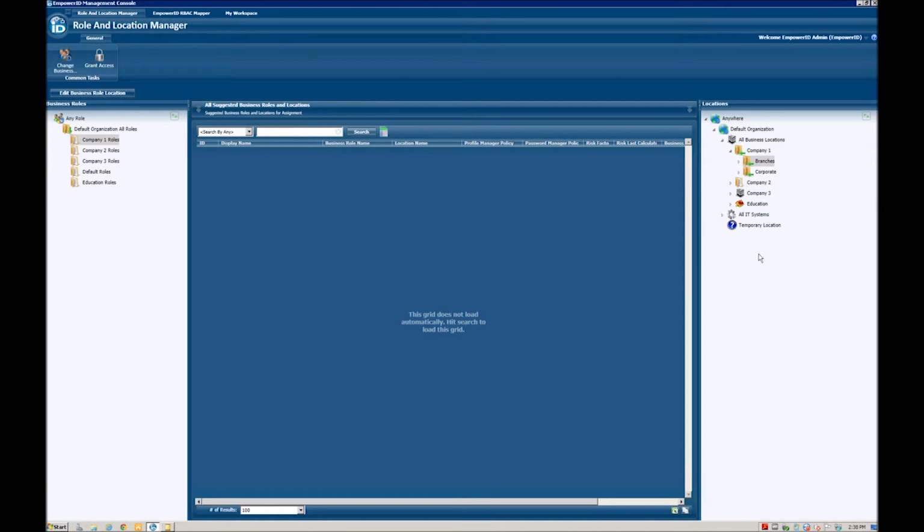Now, if you remember, when we were talking about the delegations and the roles that they had, they said that what was really important to them was more the department that someone was in, because most of the assignments flow from the department that they're in, but that they do have a designation as far as managers of departments, managers of branches, managers of regional type locations. So over here in our roles, when we go to create our role structure, basically we're going to have a general staff. Okay, that's just your normal employee, because most of the assignments are going to be, I'm a general staff member, I'm an employee of a particular